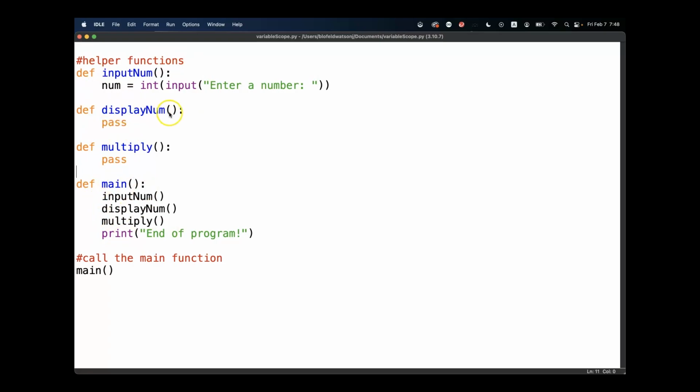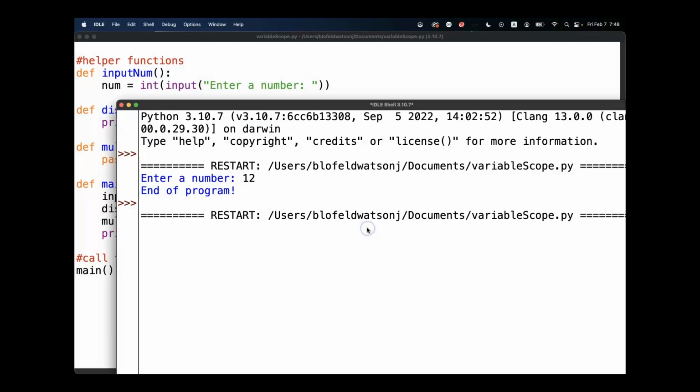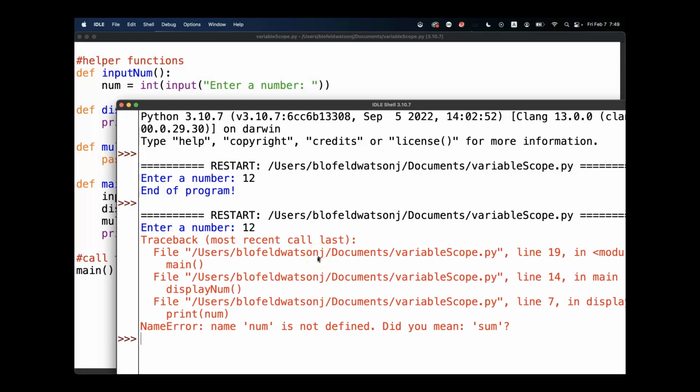Now, the displaynum function wants to display the value of num. So let's do that. And if we run the program, let's see if it works. We get an error. Okay, num is not defined. So the problem here is